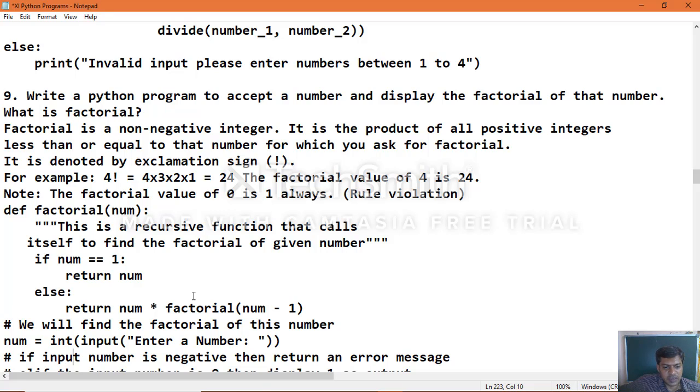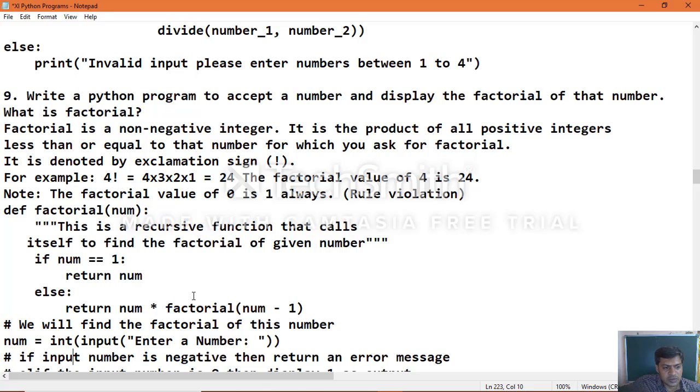So the first time, if you give 3, then 3 comes. If num equal to 1, no, so the else part comes: num 3 into factorial of 3 minus 1, which becomes factorial of 2. Again it comes to the else part and checks: 2 into factorial of 2 minus 1, which means 1.